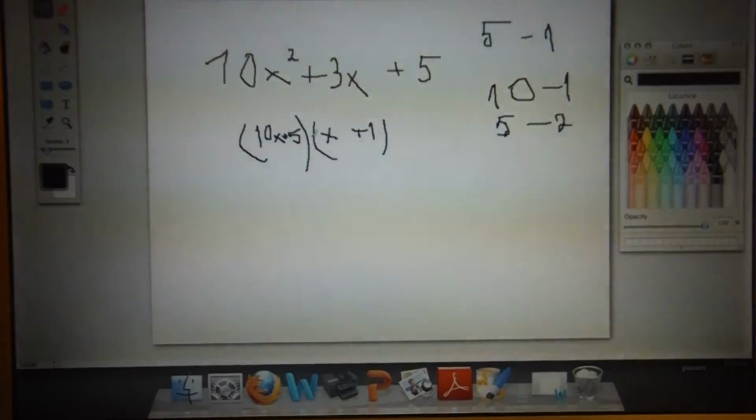Ladies and gentlemen, you have just stumbled upon another type of equation, unfactorable. I don't see any reason why you would substitute 5 in here, because 10 times 5 is 50 minus what? 1x, so that gives you what? 49. That does not factor,